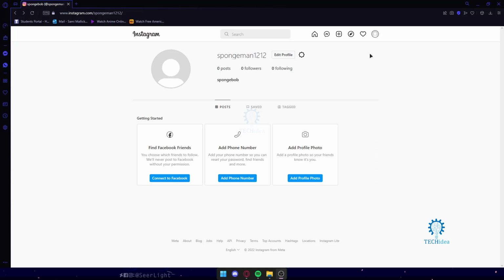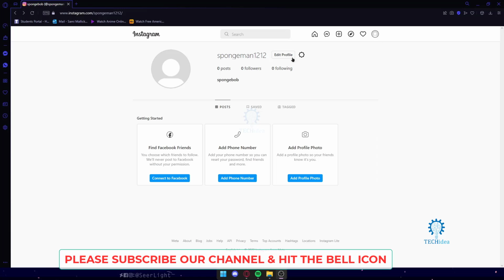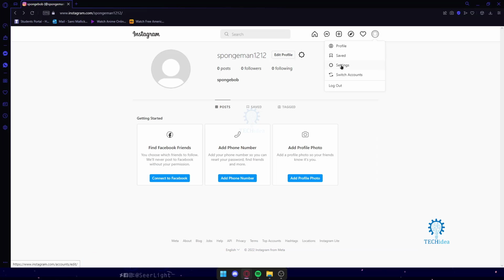Today we're going to be looking at how to delete our Instagram account. It's very simple, and I'll show it to you step by step, so don't worry at all. Firstly, we're going to go to our profile and obviously log into our Instagram. After that, we're going to click on our profile icon, and we're going to go towards the settings